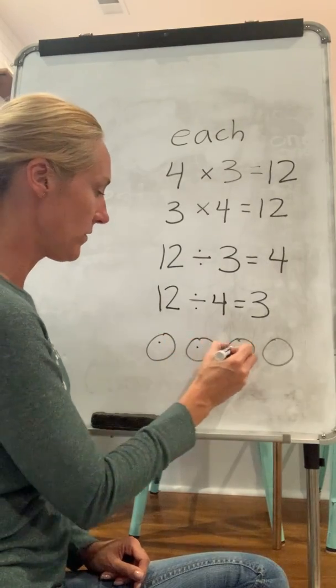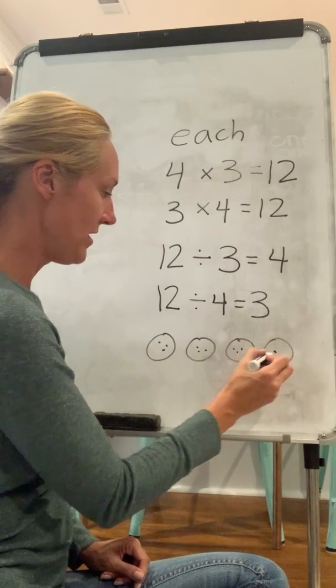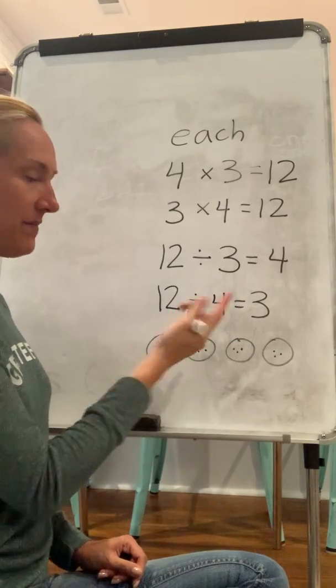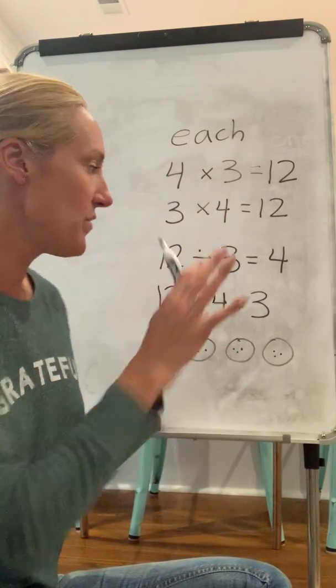Here we go. 1, 2, 3, 4, 5, 6, 7, 8, 9, 10, 11, 12. How many did they each get? 3. Okay, so you guys, those of you who have memorized your facts, I know this is just review, but